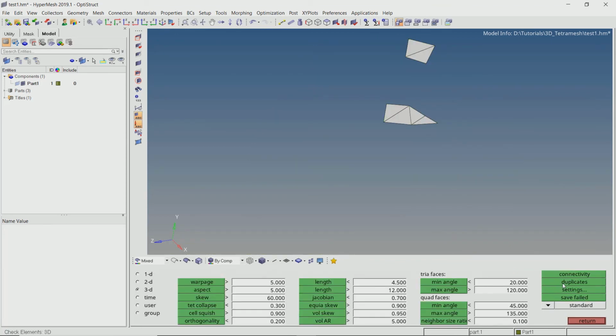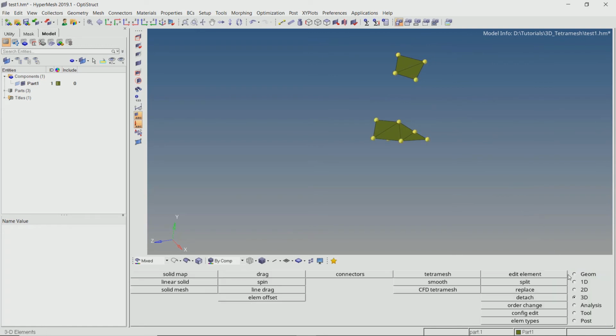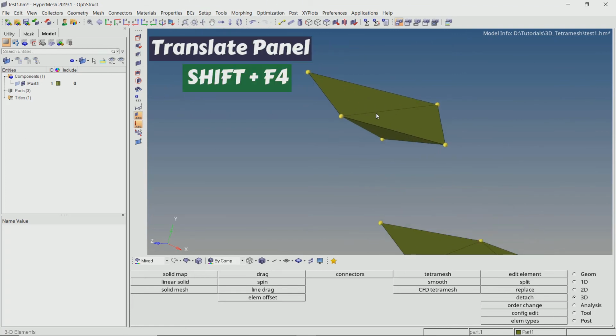Now we will create temporary nodes to highlight the corner points of these elements. We can manually increase the height of these tetra elements using the Translate panel.